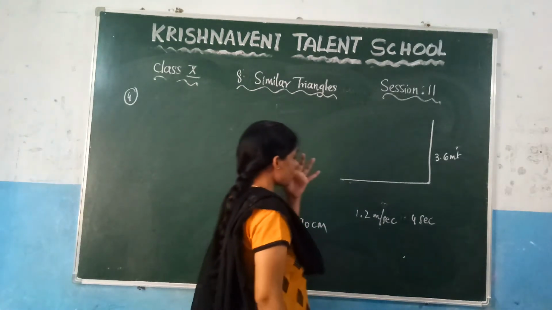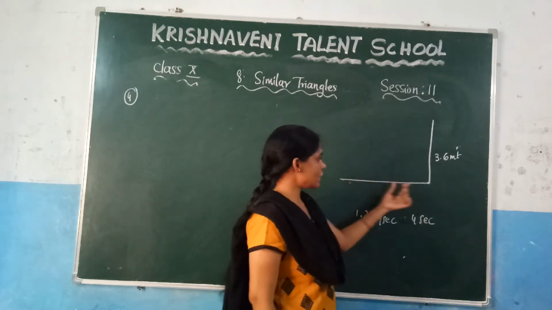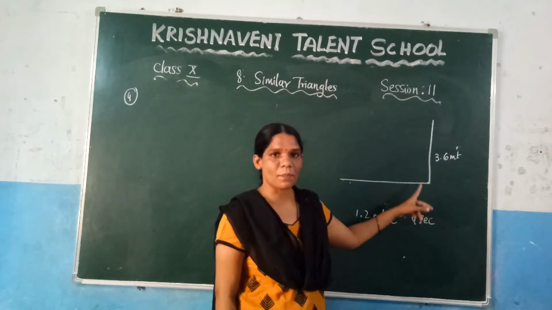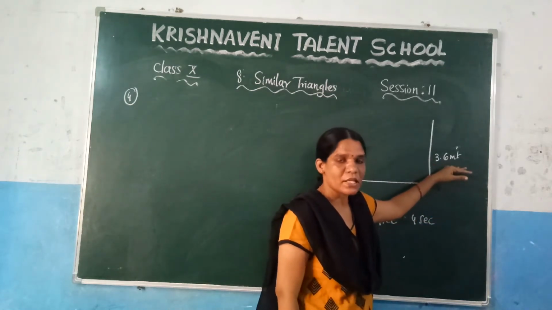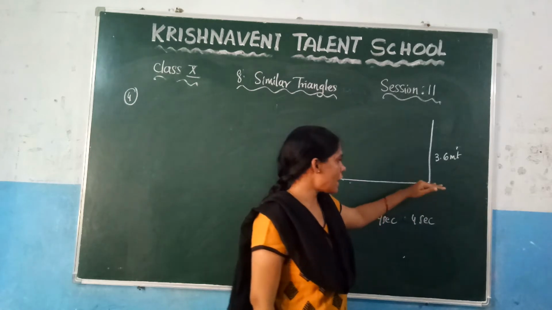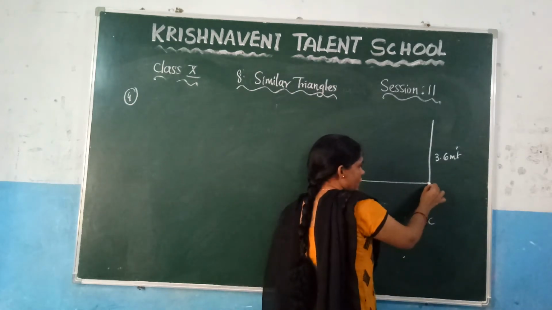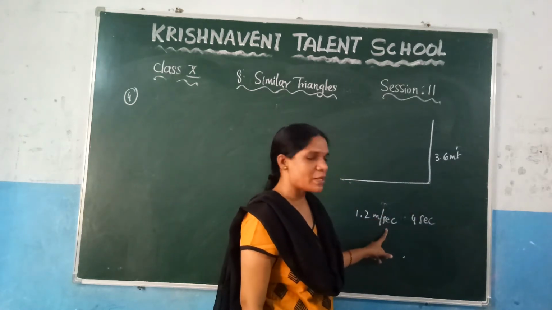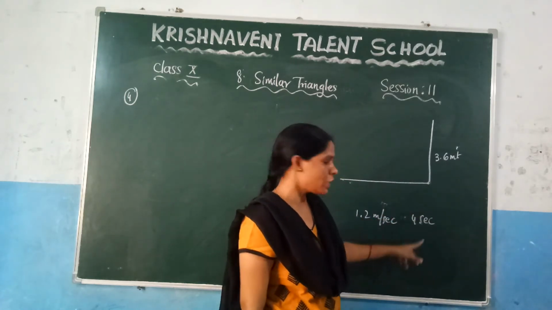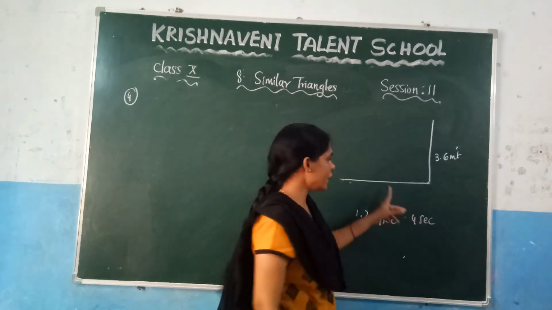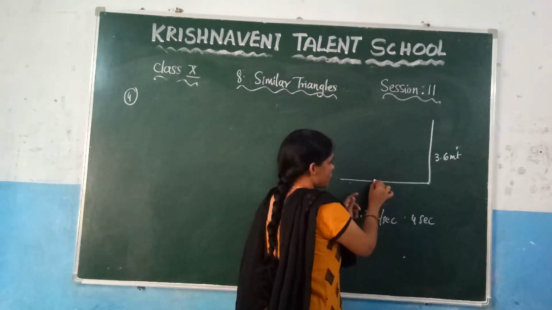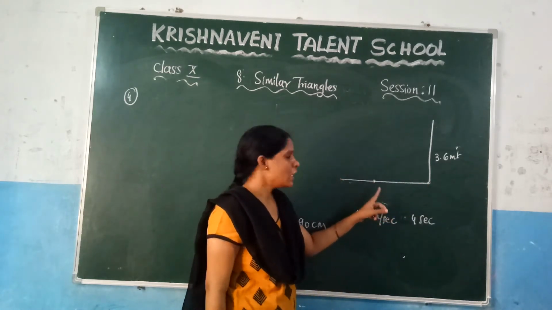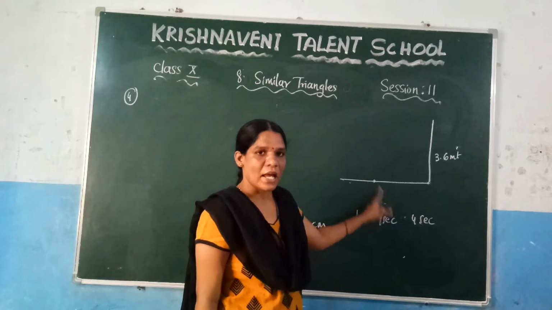So here, what is the question given here? Let us consider this is the ground and this is the height of the lamp post. And the height of the lamp post they have given as 3.6 meters. And what they are saying here, at this position, the girl is walking at a speed of how much? 1.2 meters per second. For how many seconds she has walked? For 4 seconds. After walking, she reached at this position. Let us suppose. After walking at this, she reached at this position. And now she is standing at this position and they have given her